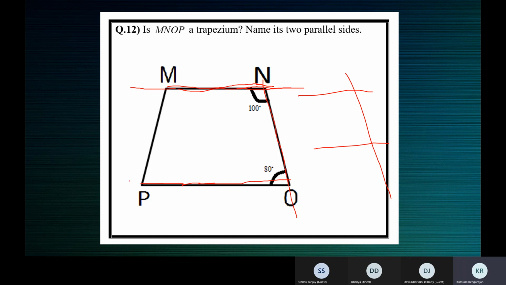So these are the line segments MN and OP, PQ. Produce them, and this is the transversal. So you can see something like this. These are the opposite sides, MN and PO. And here you can see 100 degrees marked. And out here we have 80. So now these are two lines, not two parallel lines.